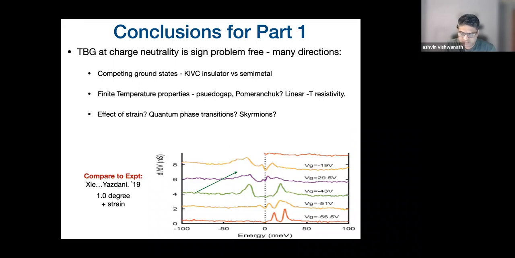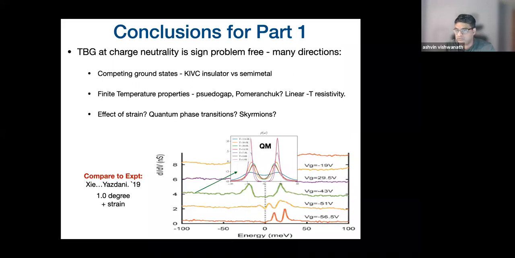So we can try to overlay that with our data: integrate the spectral function over all momenta, get some rho of omega, and try to compare. This is a different temperature. Just look at the most peaky one, that's the lowest temperature data. It does a fairly good job of reproducing this experiment. Of course, take it with a grain of salt because not all the parameters are the same, but the peak height is roughly similar, and there's a low density of states in between. But anyway, there is opportunity here to look at how the temperature evolution tracks these numerics if we can do finite temperature STM as well.